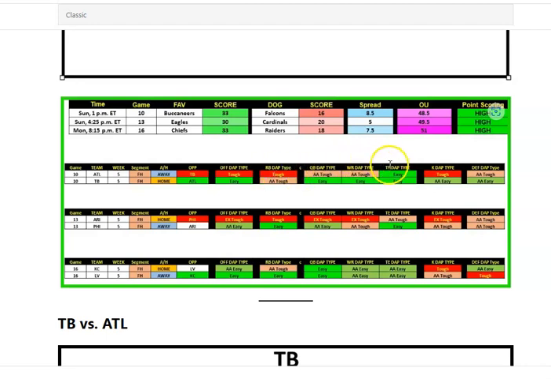Not sure who I would play here. I guess Drake London, maybe. I don't know. This is not something that fills me with great confidence here. They're favored to lose big, and it's a tough situation. Vegas sees that as well.